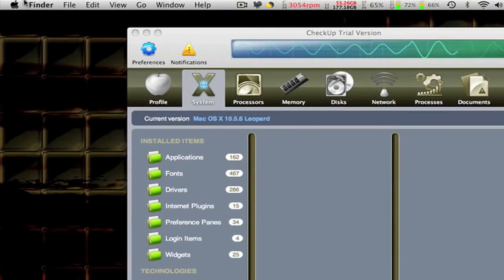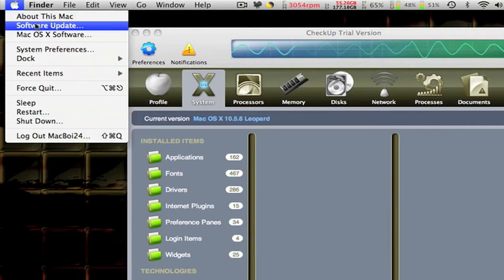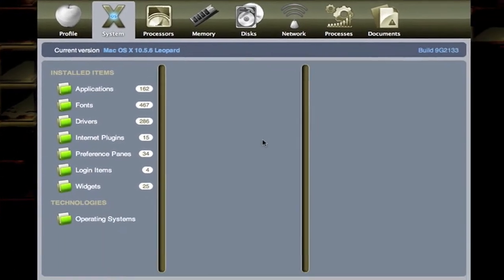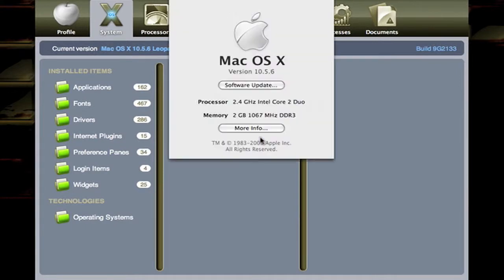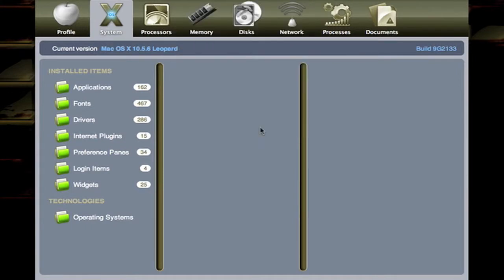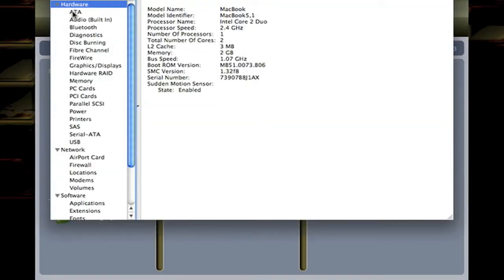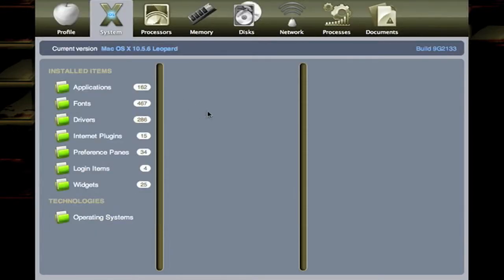So you don't really have to go up here to About This Mac and go to More Info. It just has everything set in a beautifully set app. I mean, it looks great to me. You have the system right here. It tells you the current version of what type of Mac operating system you're running, and also down here,